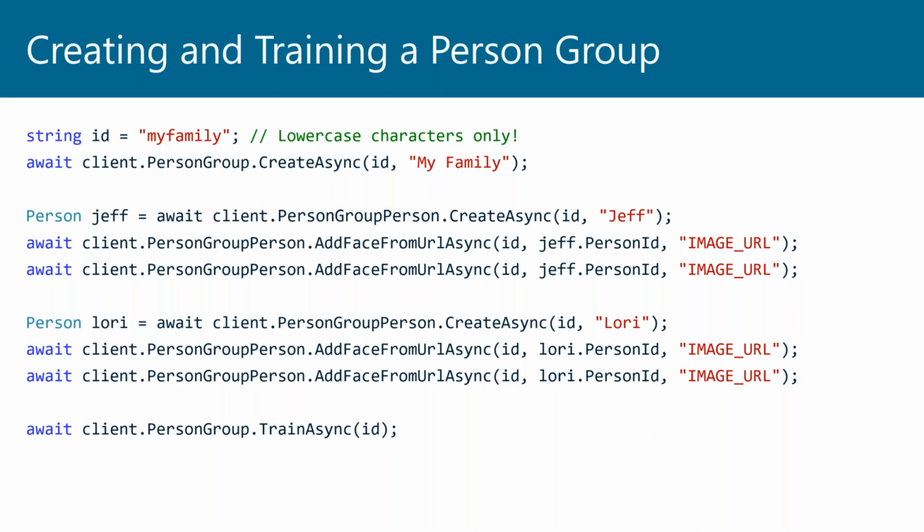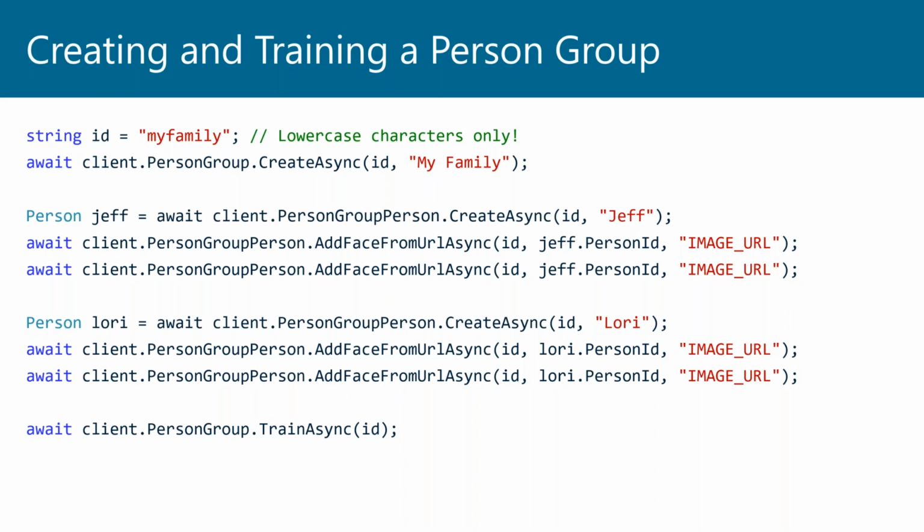that person's face. Now, in this case, I'm adding 2 people to this person group, myself and my wife, and I'm uploading 2 images of each. Obviously, the more images you can provide for each person, the more accurate the API is at identifying people. But it is remarkable how well it can do sometimes with just 3 or 4 or 5 images of a